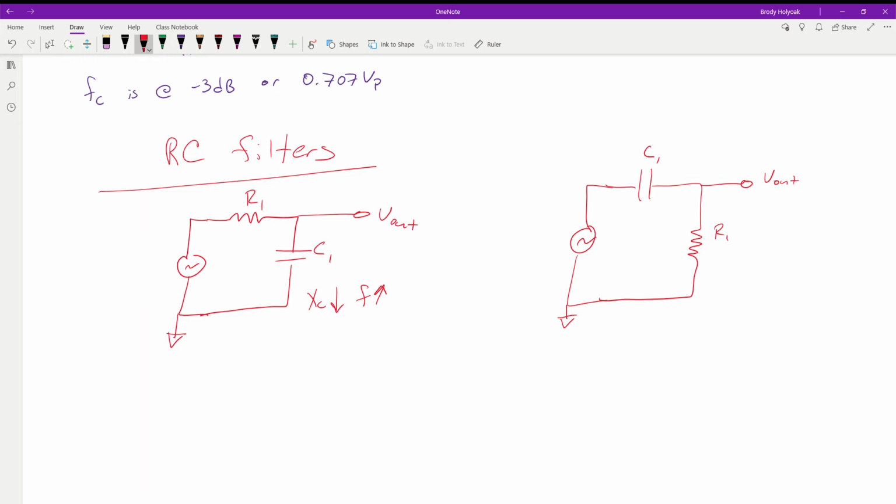In this case, we have high values of reactance at low frequencies, which means a higher voltage. When X of C is higher, the voltage drop across it is higher, and inversely, when we have a low reactance value, we have a low voltage drop. Both of these are happening in the same circuits as we go up and down in frequency, and just like I said, it matters where we take our output off of. So let's figure out which circuit is which, thinking about the information we just talked about. Remember these relationships.